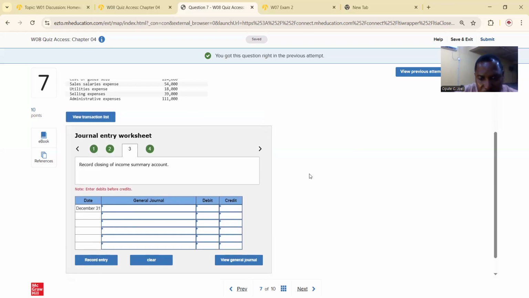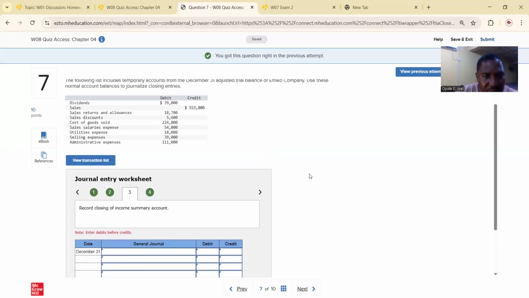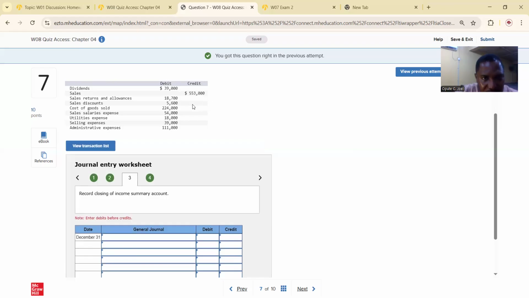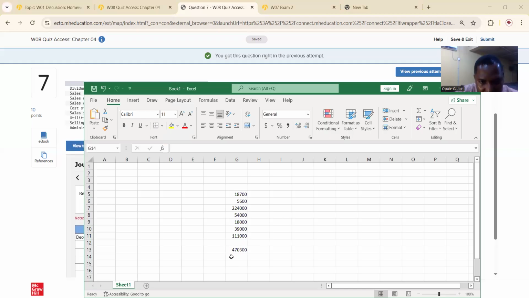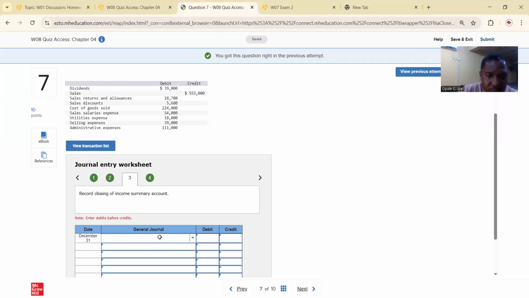And so let me go back. So from here, sales is 553,000, right? 553,000. Okay, so let me go back to the Excel worksheet and then I'll just do all of that. So all of these now are the expenses put together. And so I'll subtract all of this from 553,000 minus 470,300. And the total is 82,700. And so our income summary is